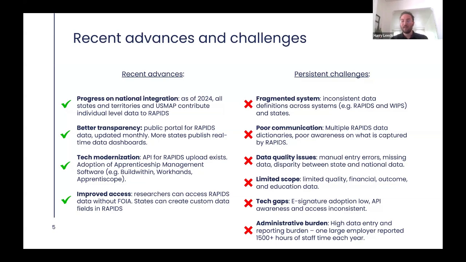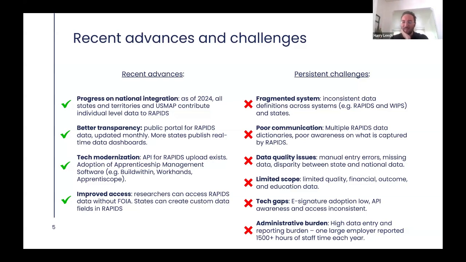Technology, we heard of a lot of really promising developments, but often awareness and adoption and access is a bit low. An example of this is e-signatures. It's possible to use an e-signature for everything now, but there's a lot of places where we're still requiring wet signatures, which is obviously adding a lot of steps to the program.